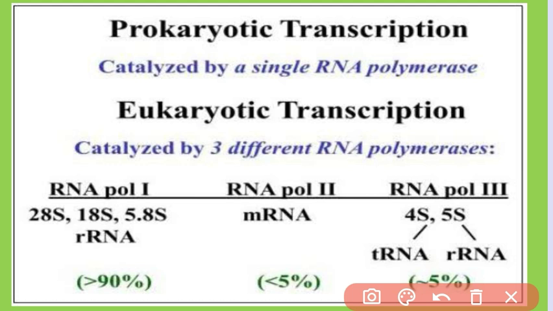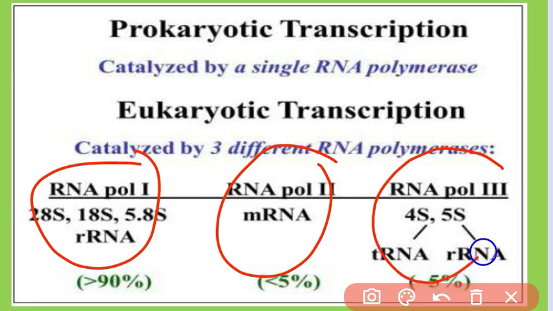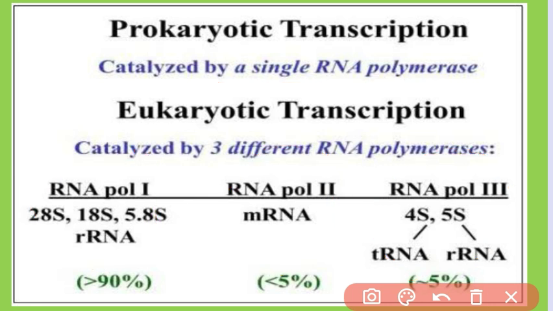In eukaryotic transcription, there is a role of 3 different RNA polymerases: RNA polymerase first, second, and third. But in case of prokaryotes, a single RNA polymerase transcribes all 3 types of RNAs. RNA polymerase first transcribes ribosomal genes